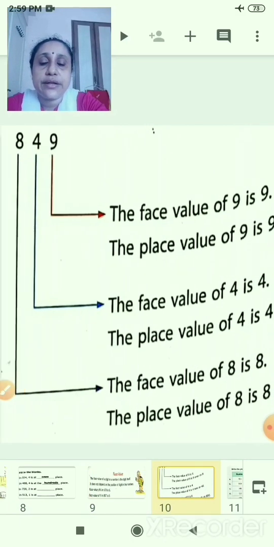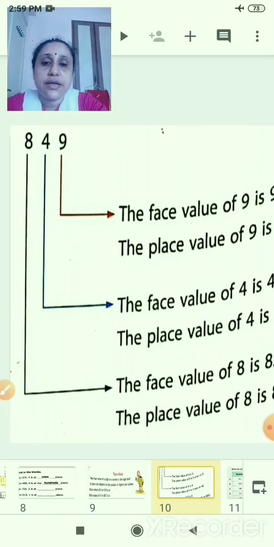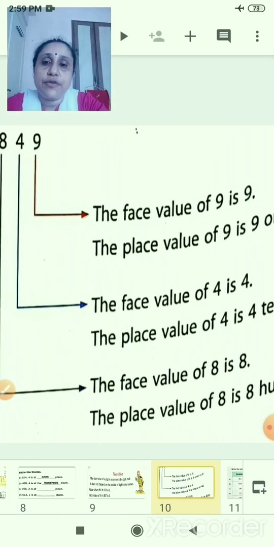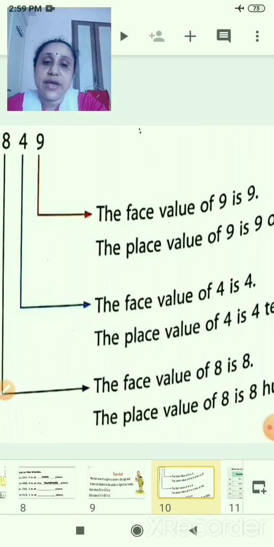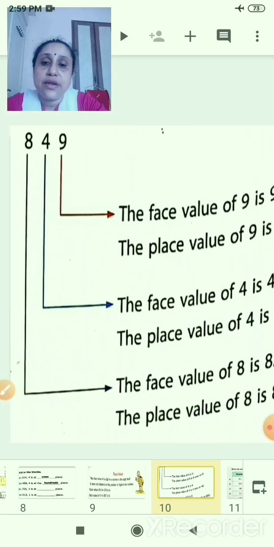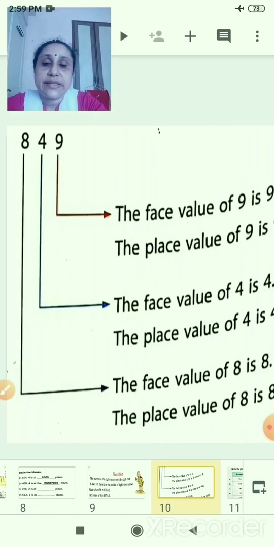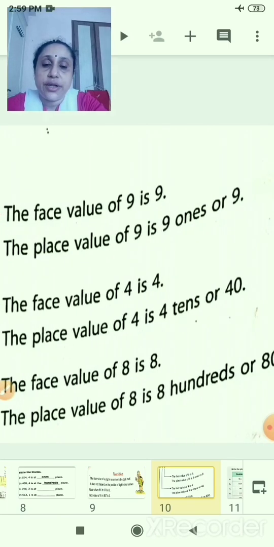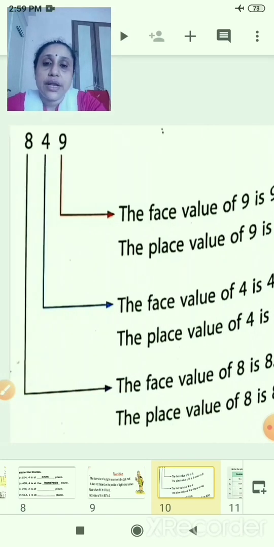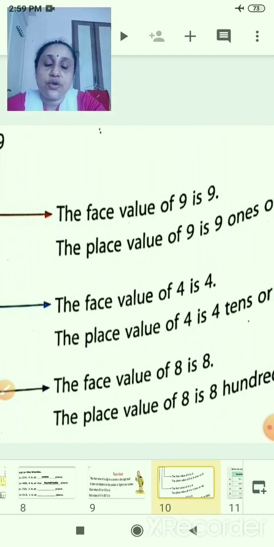Now look at this number 849. See, the face value of 9 will be the same and the place value will be 9 ones. Now the face value of 4 will be the same, 4, and the place value will be 4 tens. Okay, that is 40. Now this 8, the face value of 8 will be 8.